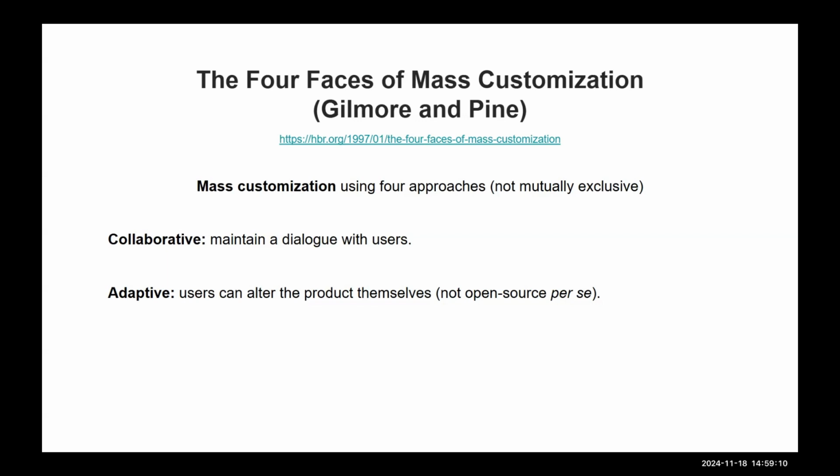So we have 4 approaches. The first is the collaborative approach. The collaborative approach to mass customization requires the organization to maintain a dialogue with users. It means that I want to know what they think is important in their product. I don't want to make any presumptuous decisions. Like we said with the example of accessibility, you want to know what the outside world is thinking, take their opinions into account when you design something, or at least leave it open to their interpretation. You don't want to just sit there and say, well, this group of software engineers thinks that this is sufficient, so that's all.